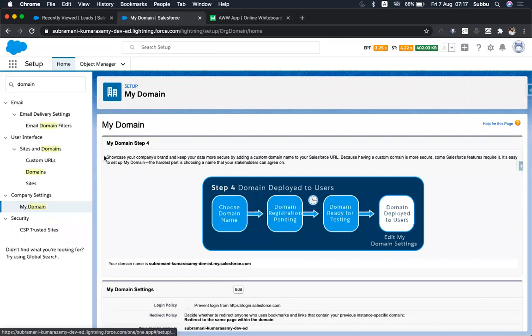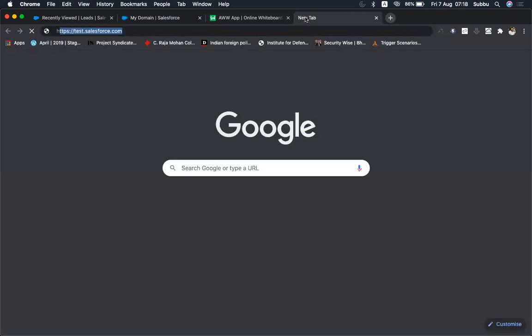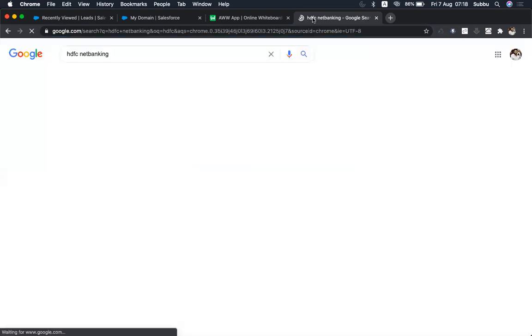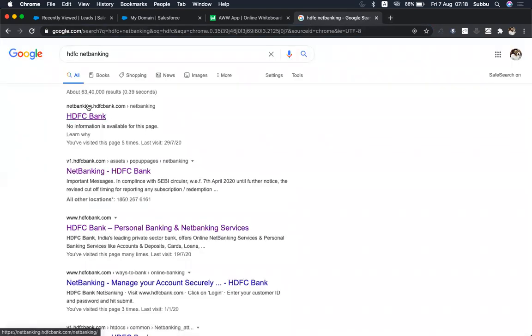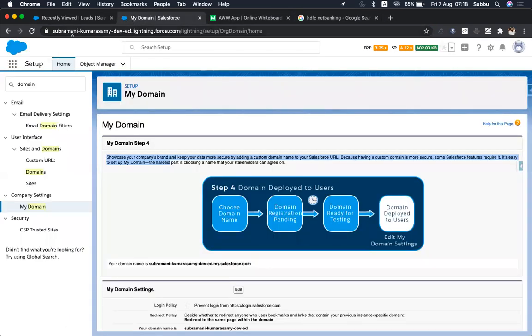So why we need My Domain? So you can showcase your company brand. If you are using it for LIC, you can have the domain name set as LIC, so that your URL looks like that. If you go to HDFC Bank, you will be typing HDFC net banking. So it will take you to netbanking.hdfc. So this is the company name, right? If you open your developer edition, it will be something like...